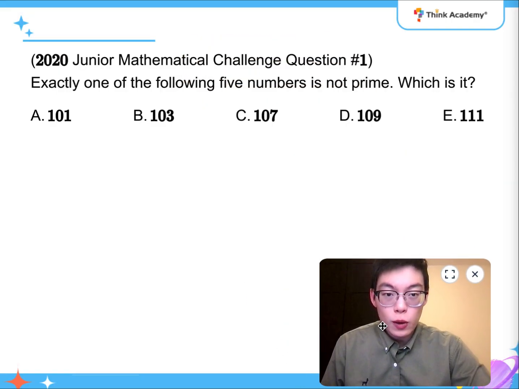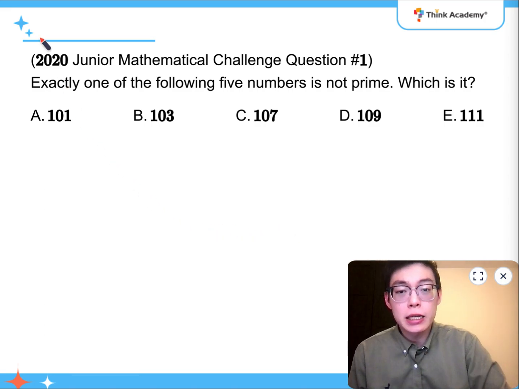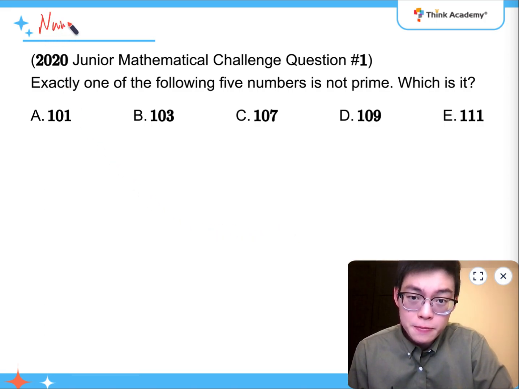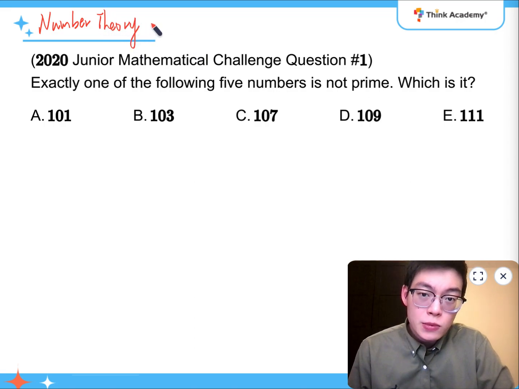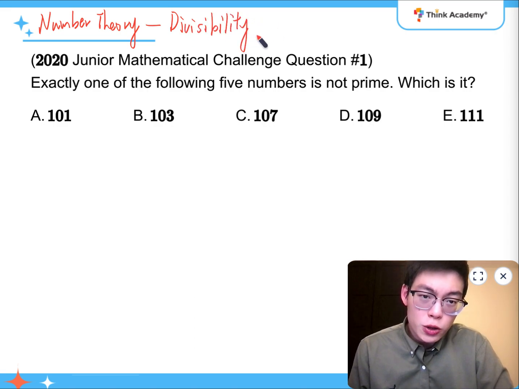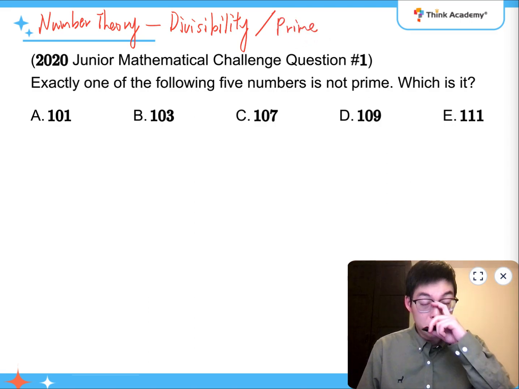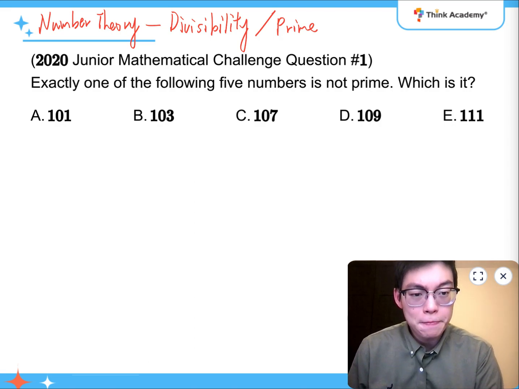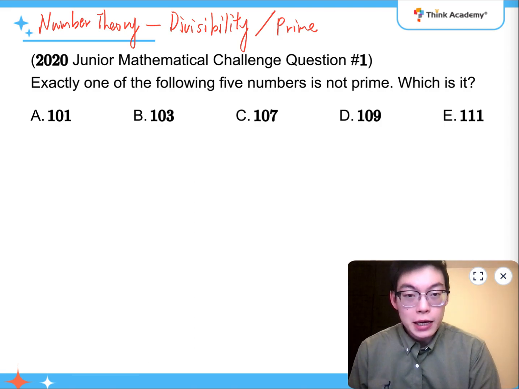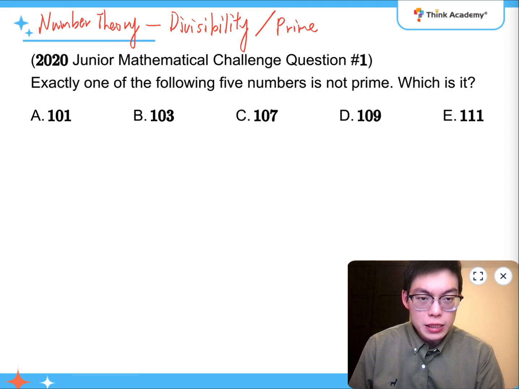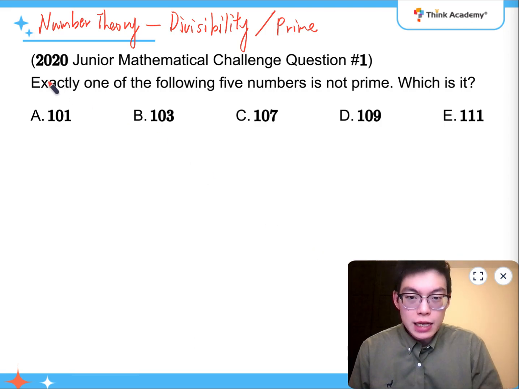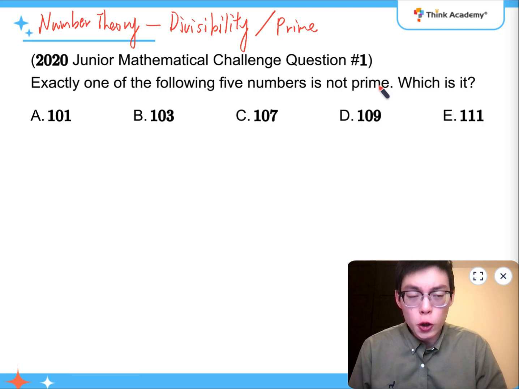So for the first question, it is definitely a number theory question. And I would say that it's on divisibility, or you can also say that it's on the prime and composite knowledge point, but then essentially we are still applying the divisibility to know whether it is a prime or not, right? So it says that exactly one of these 5 numbers is not prime, and which one